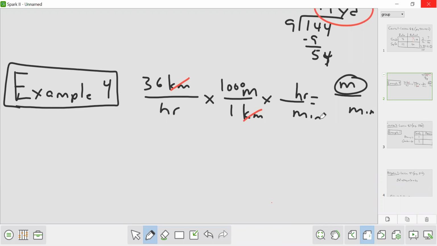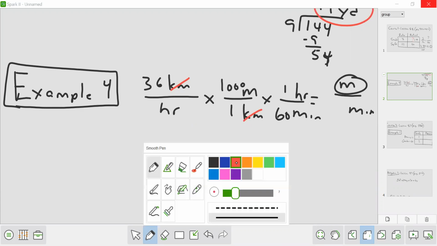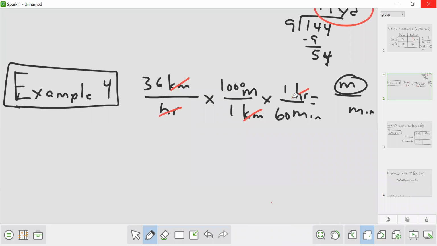Well, we know how many minutes are in an hour. 60 minutes in 1 hour. So now I can cross cancel the hour symbol out. Now the only symbols I have left are minutes and miles. Now I have miles per minute. Let's multiply it out. 6 times 1,000,